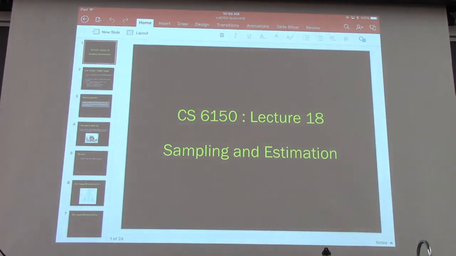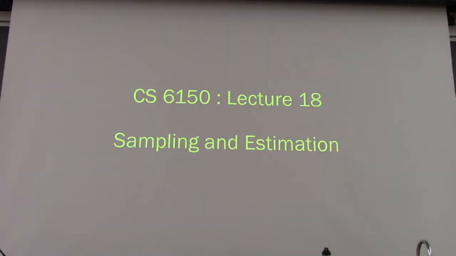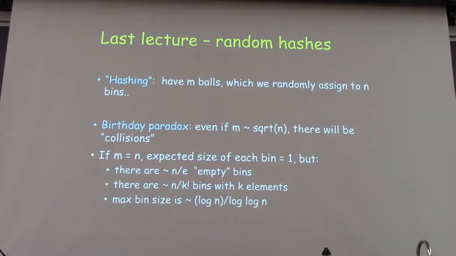So today we'll be talking about another powerful use of randomization, which many of you have probably seen in some form or the other. This is generally the notion of sampling. This is something everyone does all the time, so it's good to see how you reason about sampling algorithms. Before we start, let's recap what we did last time. Last time we looked at random hashing, and we framed it as this problem of throwing